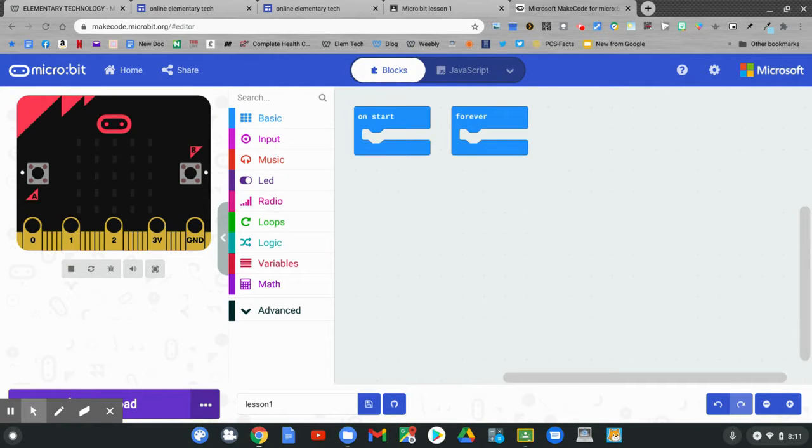This is the MakeCode home screen. This is where you'll do all of your coding. Let's look around the screen. You can see that we already have 2 blocks loaded. A block that says On Start and a block that says Forever. You can find more blocks in the middle of the screen under Basic,